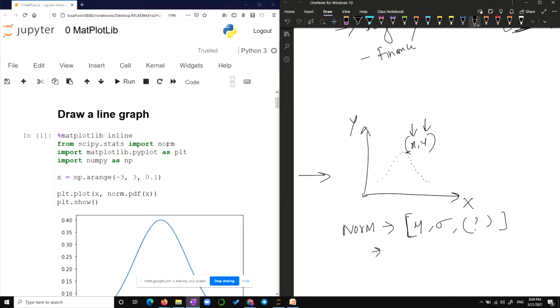You cannot name it yourself. Inside scipy.stats, there is a method called norm which is already written. That norm we are going to import, because we want to use it.